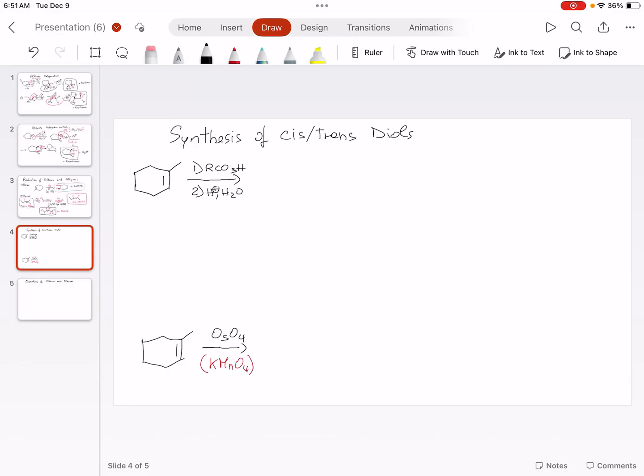Good morning. So this video deals with the synthesis of cis and trans diols. Cis and trans diols are basically dihydroxy compounds, and we can synthesize either the trans or the cis depending on the reaction conditions. Our starting materials in this case are both alkenes. However, in the first reaction that you see here,